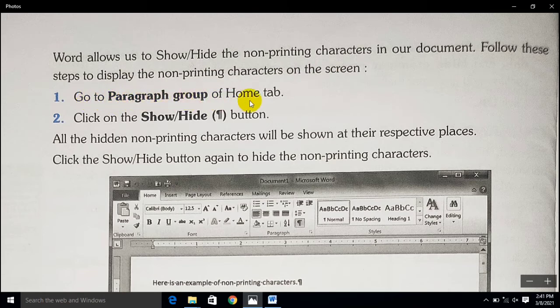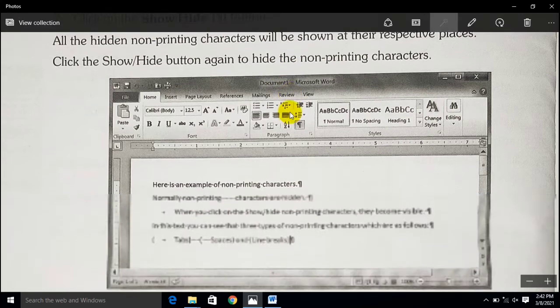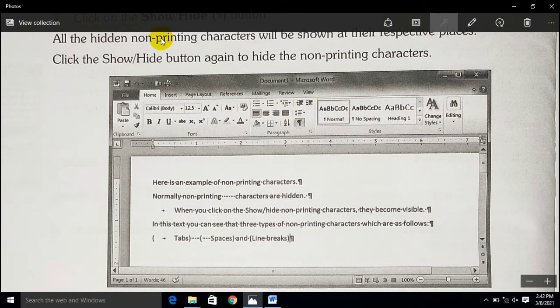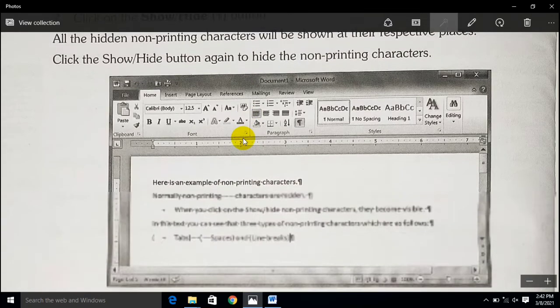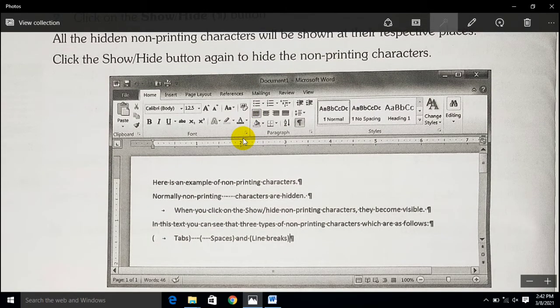In the paragraph group, there are Show and Hide options. पैराग्राफ ग्रुप में शो और हिडन का ऑप्शन आ रहा है जो कि कुछ इस सिंबल से अपीयर होता है। So you have to click on this button, and all the hidden non-printing characters will be shown at their respective places. जो भी जहाँ पे है वो वहाँ पे डिस्प्ले कर जाता है।